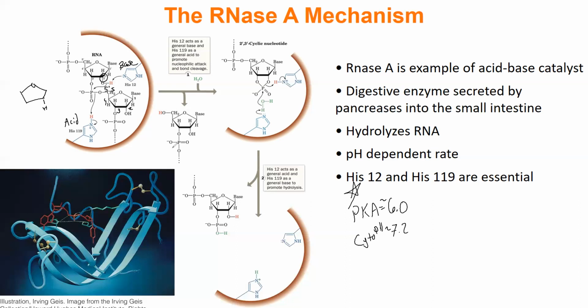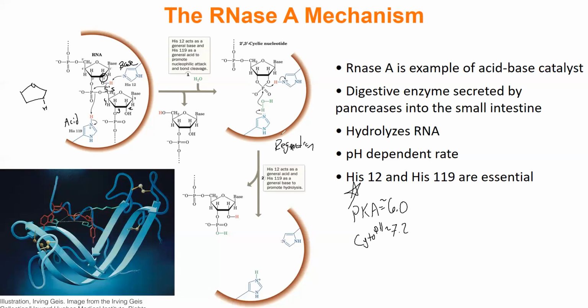However, we do have a problem here, and that is we have this cyclic nucleotide where we have our phosphate bound to our ribose base on both the 3' position and the 2' position. And also, His12 is protonated, His19 is unprotonated. And like I said, we need to do regeneration. So that's what we're doing here, by the way. Regeneration. It's supposed to be an ER. In that we need His12 to go back to the base form and His19 to go back to the acid